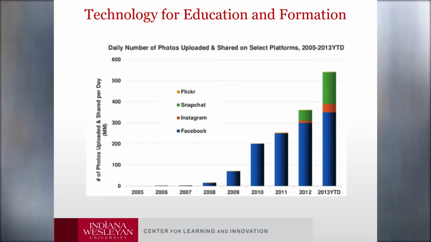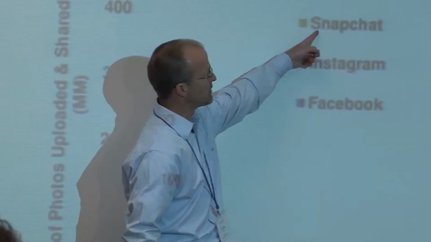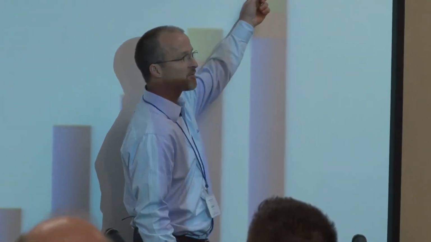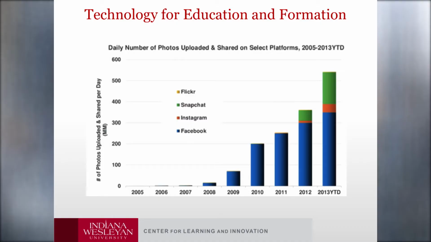Daily number of photos shared. Here's one of the things that's radical about how fast this is changing. You'll notice down there at the end that here's Snapchat. That's the one I just mentioned. There's 2012, and this is half of 2013. You see the size of that bar right there? Unbelievable how fast that's growing in the user community. It's radical. So we talk about adoption rates of some of these programs.